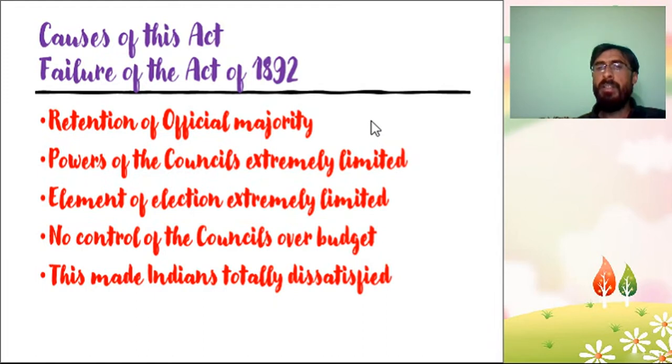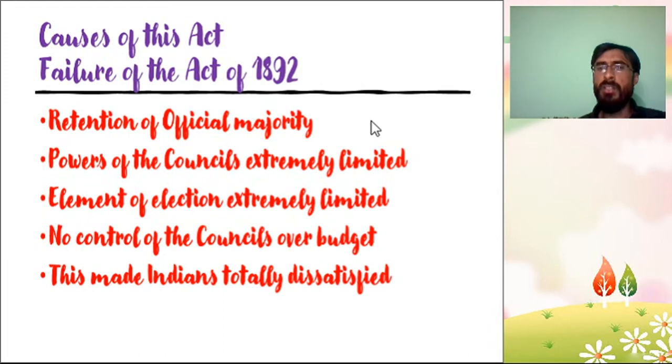Further, the members had no control over the budget. Budget, after getting passed by the government, was open for discussion, but the members had no right to vote over it. Therefore, the Indians got extremely dissatisfied with these reforms and they raised slogans like no taxation